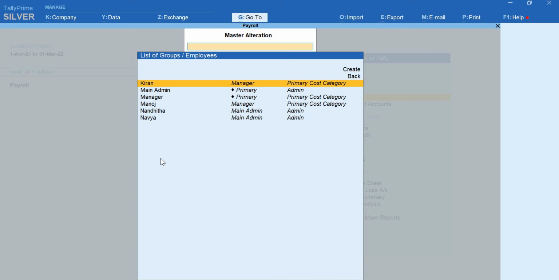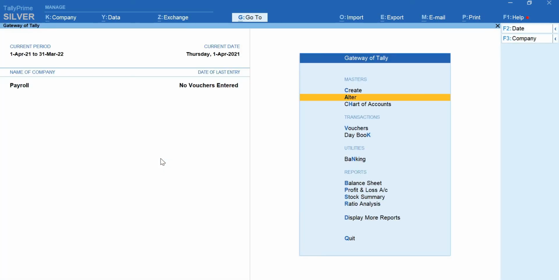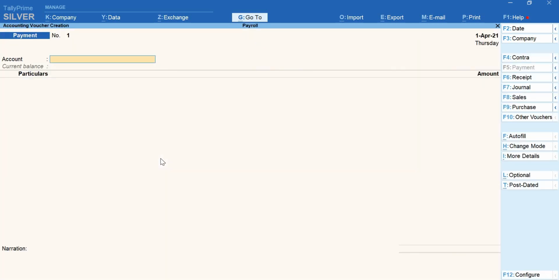So we are done defining the salaries for them. This is the major work you have to do whenever a new employee enrolls into your organization, or if your organization is new, if you are starting up the salaries as of now, then you have to do all this work. And later on, every month, to raise a salary slip, you only have to get into vouchers and raise a salary. That's it. So we'll see how we do that. Go for Vouchers in the Gateway of Tally screen. Firstly, you have to mark the attendance of employees.